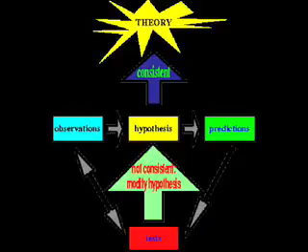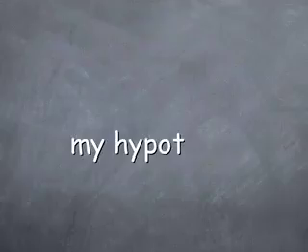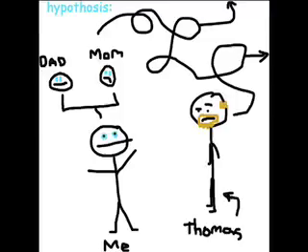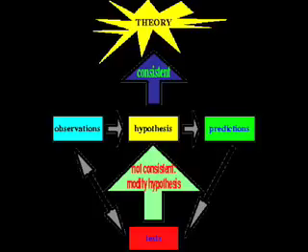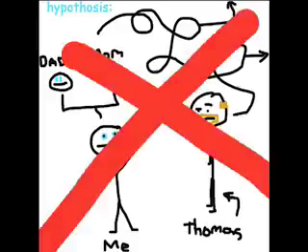So here's how the method works. First, you write a hypothesis, which is a big word for a prediction. An example: I hypothesize that I inherited my blue eyes from my distant cousin Thomas. The next step is you test your hypothesis. Okay, I tested my hypothesis, and it turns out that Thomas and all of his close relatives have brown eyes. So I guess my hypothesis is just going to remain that. It's just going to remain a hypothesis. It will never go on to the final stage of the scientific method.